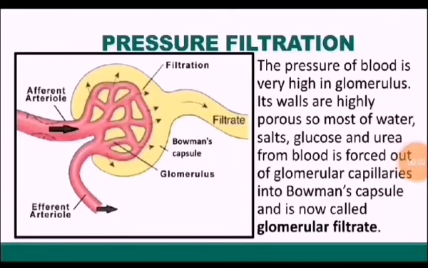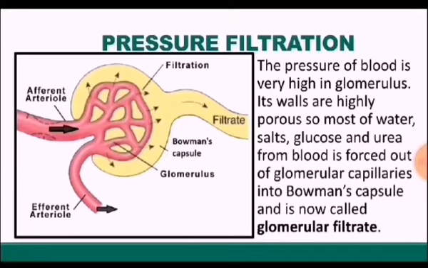Imagine what will happen when at pickup time all the classes come out and the small gate opens instead of the main gate. All the students will be jam-packed and start pushing each other. You know that glomerulus receives blood through afferent arteriole having a larger diameter. The blood leaves glomerulus through efferent arteriole having smaller diameter. It is clear from this diagram.